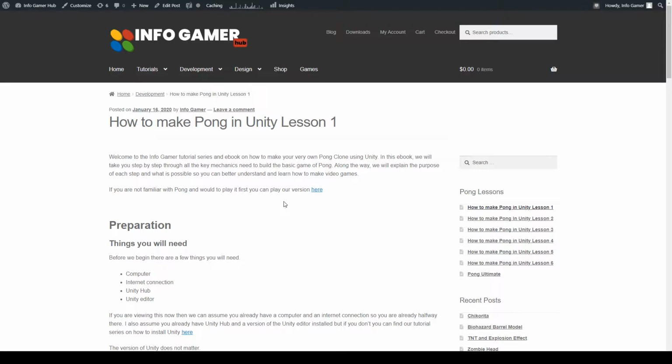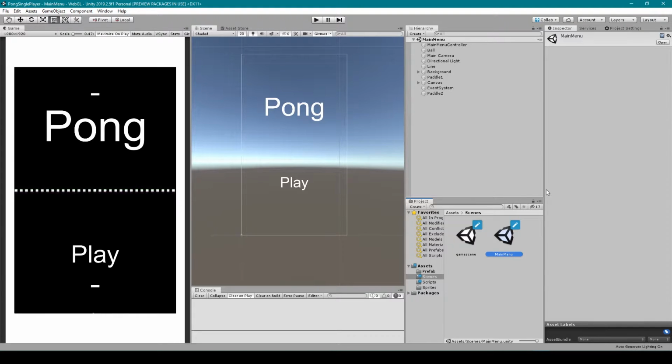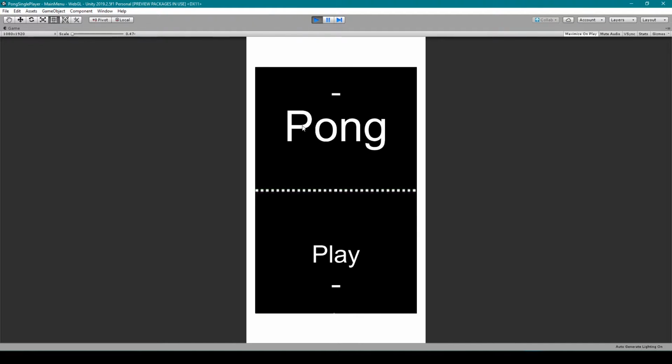Now let's get started. So here I have Unity opened, and as you can see, I already have created my own version of Pong, which we'll be using throughout this series. But now I'd like to play through this project so that you can see what we'll be creating throughout this series. So here I have a main menu scene with a title and a play button, as well as some